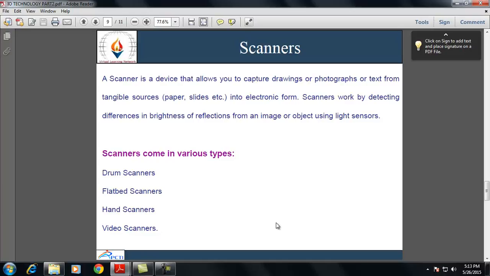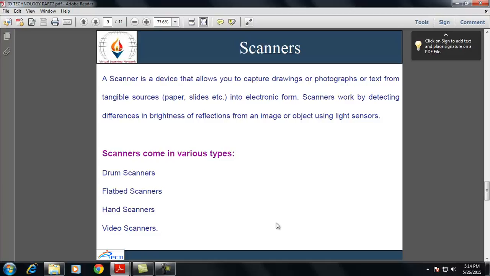Next is scanner. A scanner is also an input device. A scanner is a device which allows us to capture images, drawings, photographs and text and convert them into electronic form. Scanners are used for the fastest input.